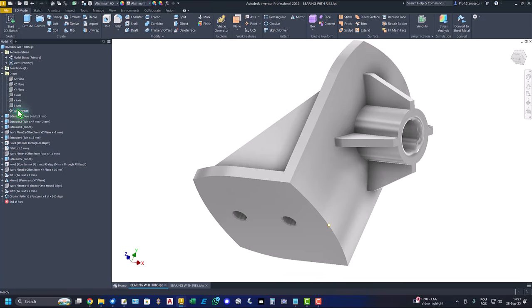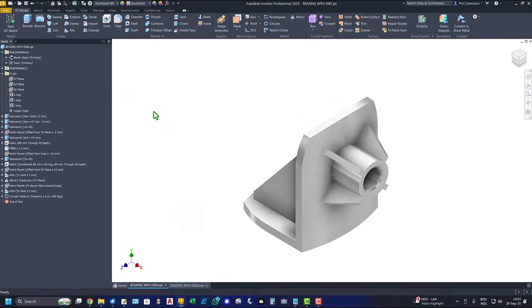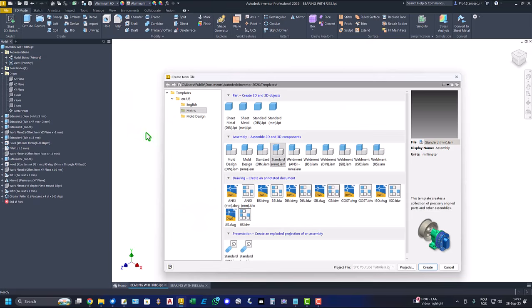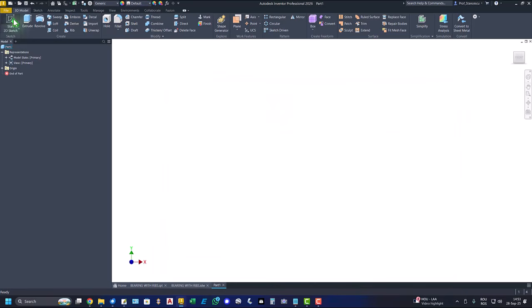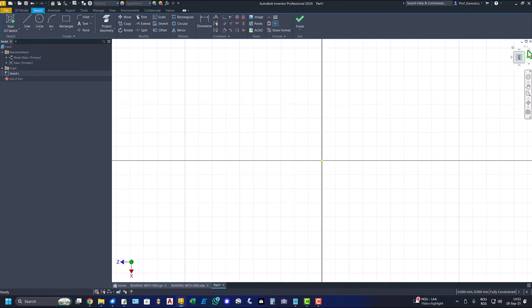The center point is right here, you see? And this is the x-axis. I create a small part, a small cylinder, placed right here inside this thickness of 3 millimeters. New, standard millimeters IPT, new sketch, this plane with x to the right,